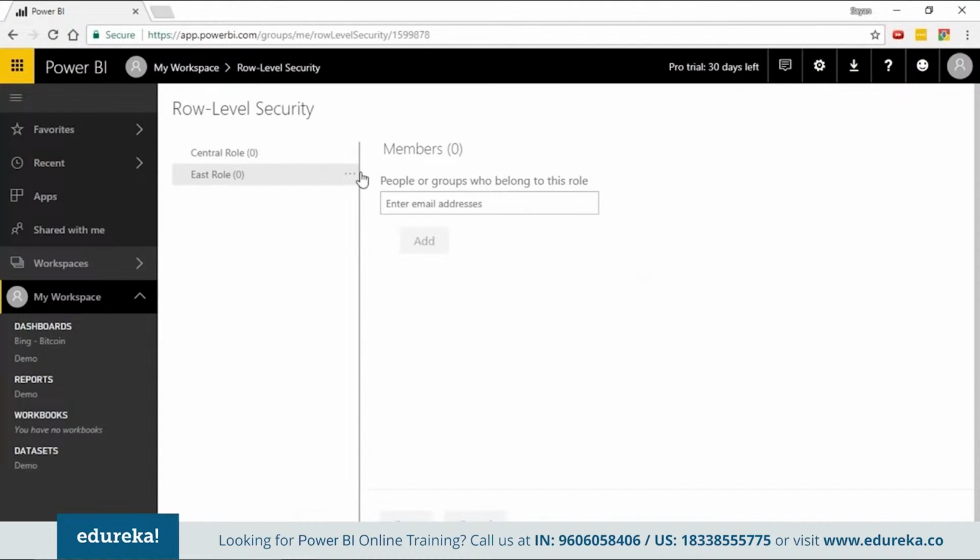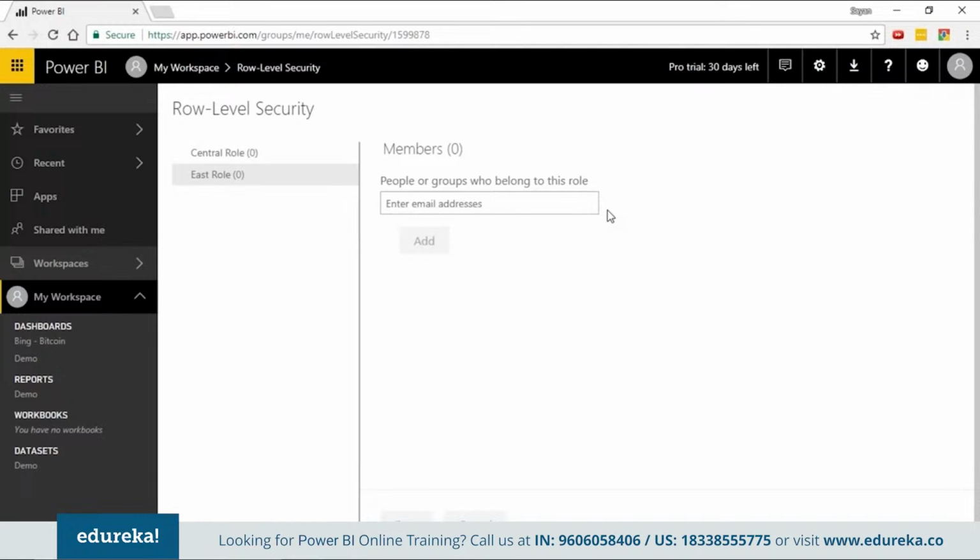This is where you can now add the email addresses of all the people. And remember, this can further be linked to your AD groups, because it depends on the admin settings and how you set it. But basically, you can type email addresses of all those people who belong to the East role, and email addresses of all the people who belong to the Central role. Now, if anyone in the Eastern role tries to view your dashboard, they will be looking at only Eastern data, because I've set that filter, remember, region is equal to East. And if anyone belonging to the central role is trying to view your dashboard, they will look at only central data. That depends on what email addresses you enter here.